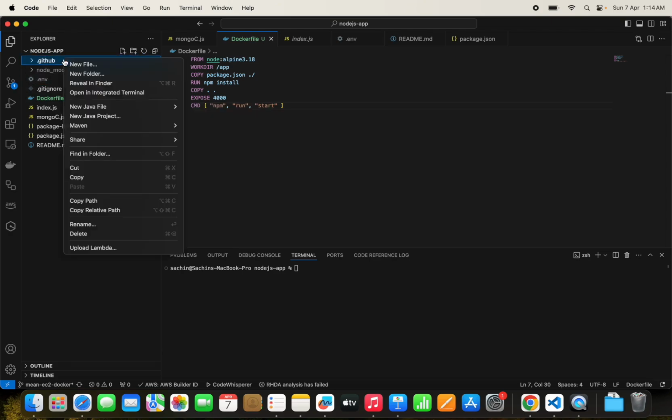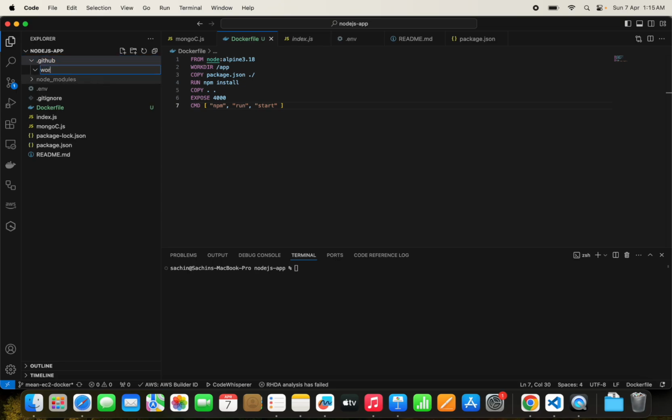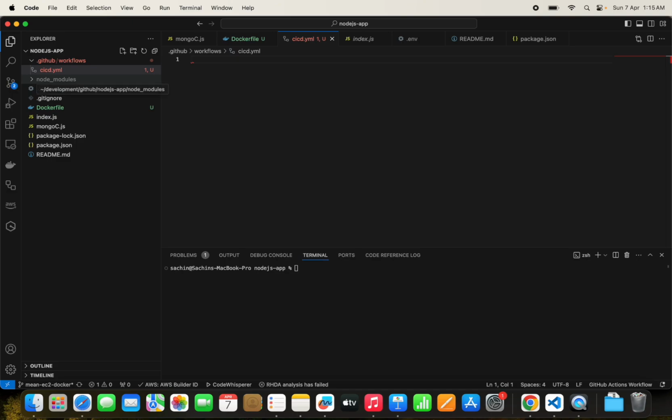And once this docker file is completed, we are going to write a CI/CD file. .github, then here we'll create one more folder, workflows. Here we are going to write one more file, which is cicd.yml. Now we are going to write the CI/CD. Here we are going to name this as deploy node application,